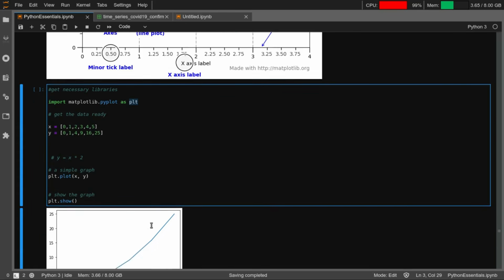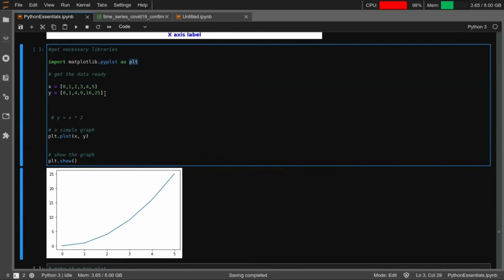So you can define two lists, normal lists, not numpy arrays, and you can just say plt.plot(x, y). You are just saying x and y, and plt.show is just going to show that plot. Now there can be many variations to it. First thing is that you can have different kinds of plots.